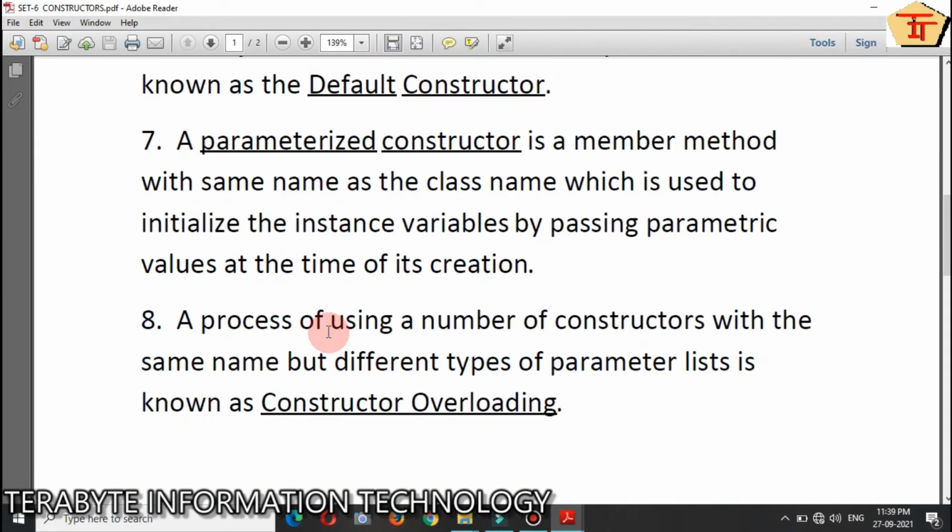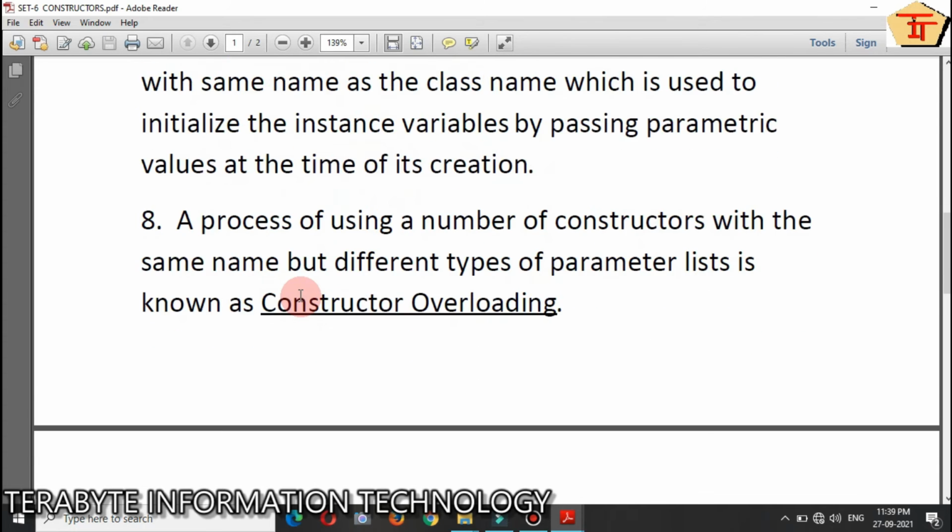Question number 7. A parameterized constructor, which is the fill in the blanks, is a member method with same name as the class name, which is used to initialize the instance variable by passing parametric values at the time of its creation. Question number 8.